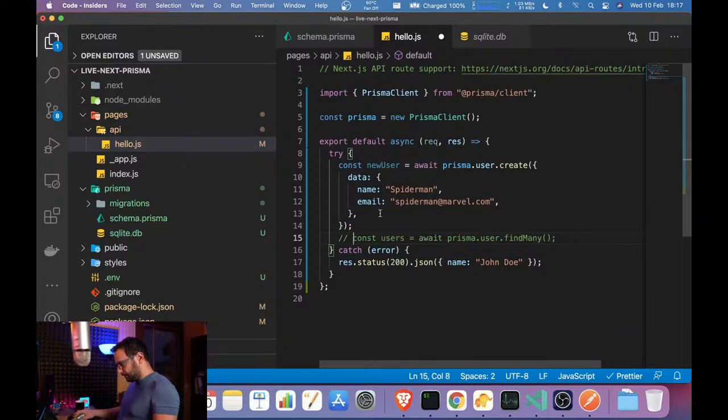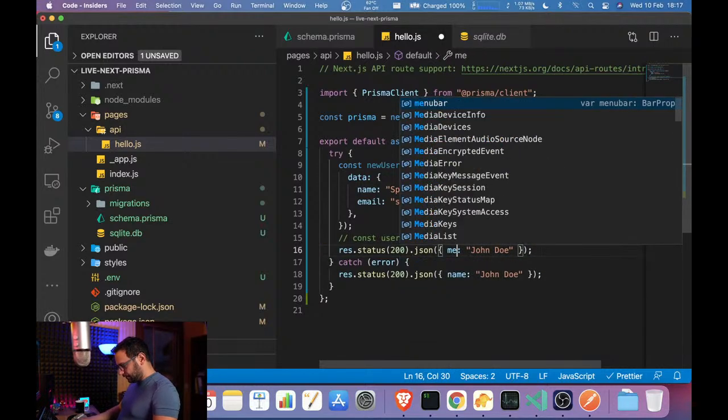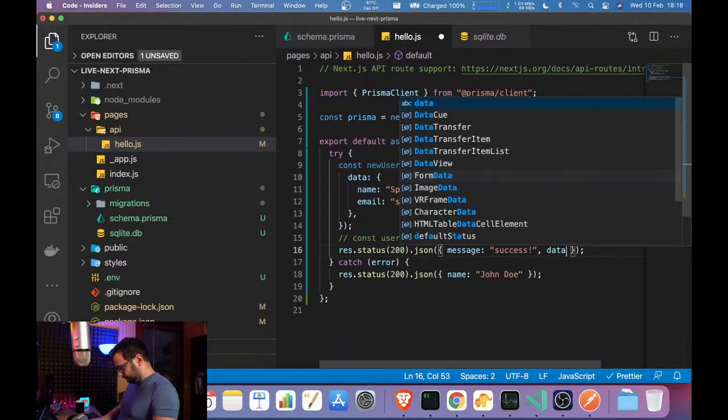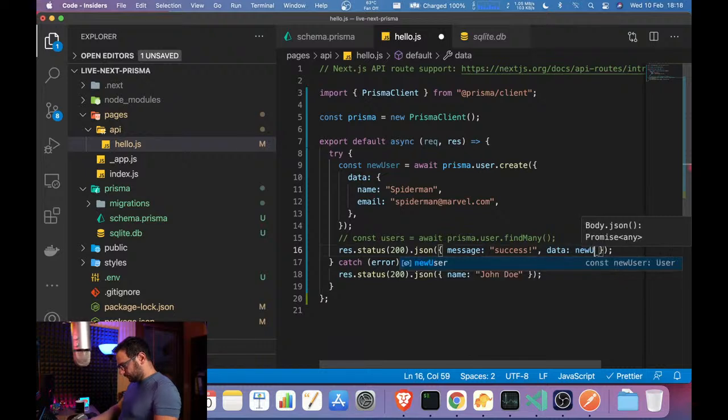But we want to send a response, maybe a confirmation message like success, just to show the user that we created. In case of error, this will be 500.